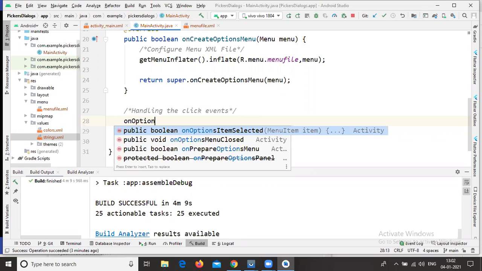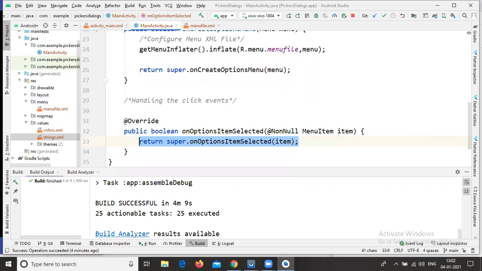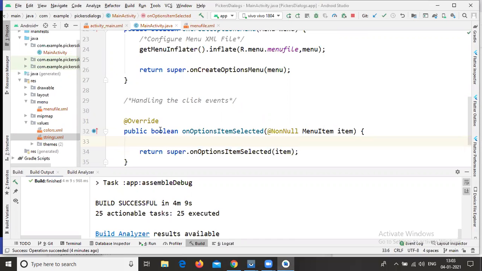All of you select the public boolean onOptionsItemSelected method. It is also a boolean method, so only when you click the particular item will the functionality be implemented. That's why it is called a boolean method with a return type.